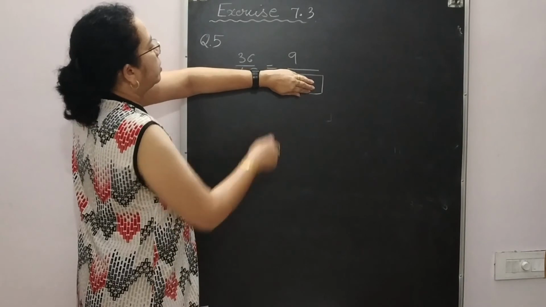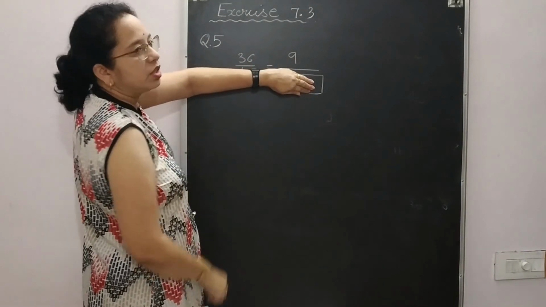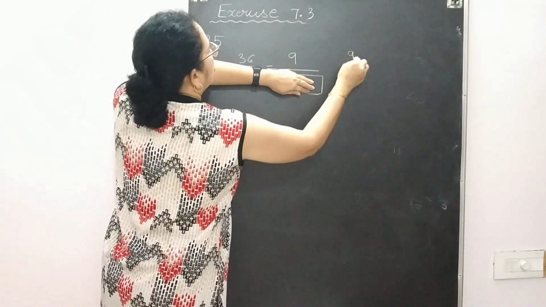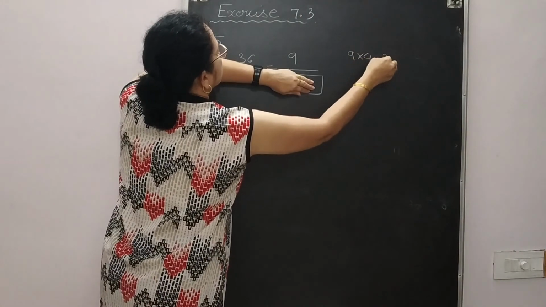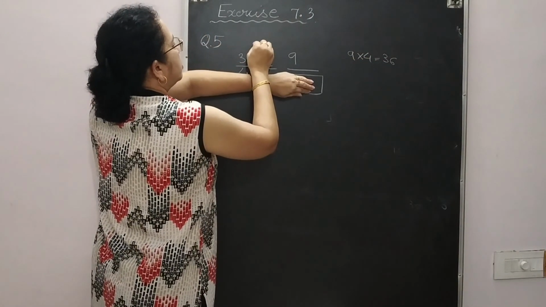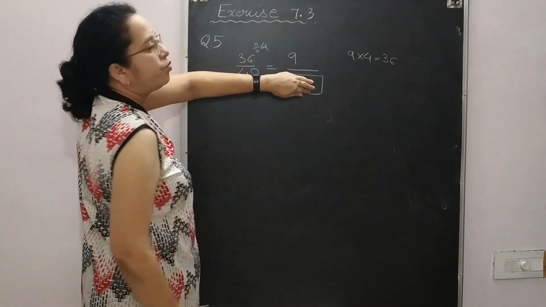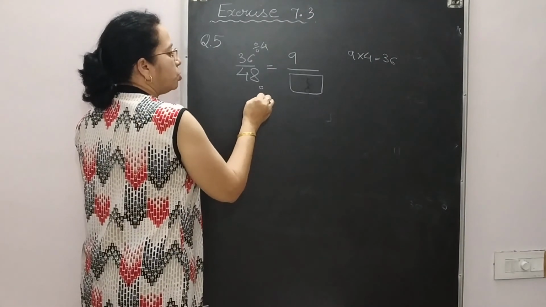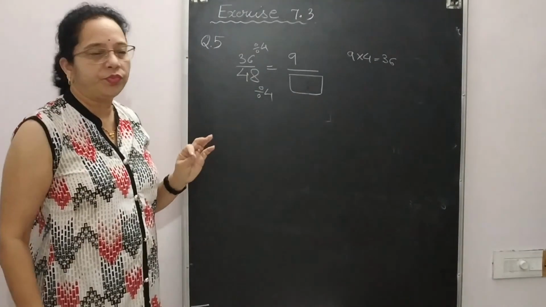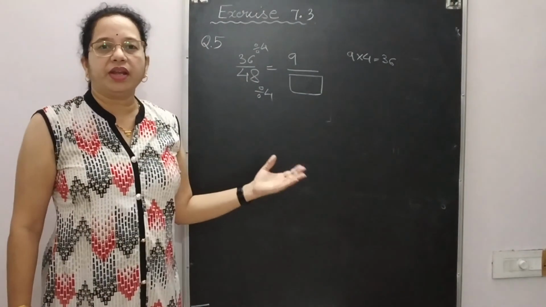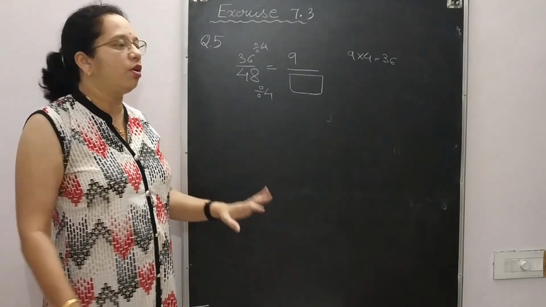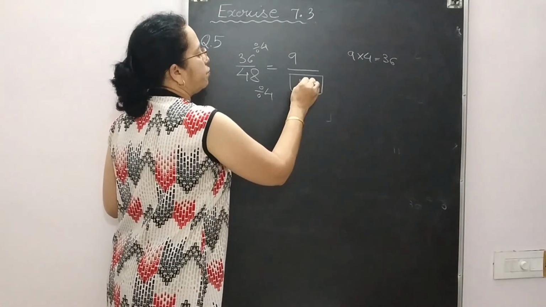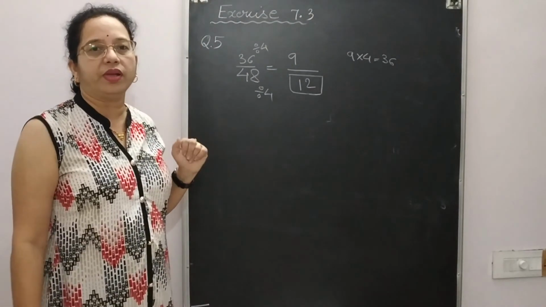How will you get 9 from 36? So again recite table of 9. 9 4s are 36. So what does it mean? 36 if you will divide by 4 then you will get 9. So this 48 also you divide by 4. You can divide orally. If you have any doubt, you can divide in rough column and write down. So 4 1s are 4, 4 2s are 8, 9 upon 12 is the answer.